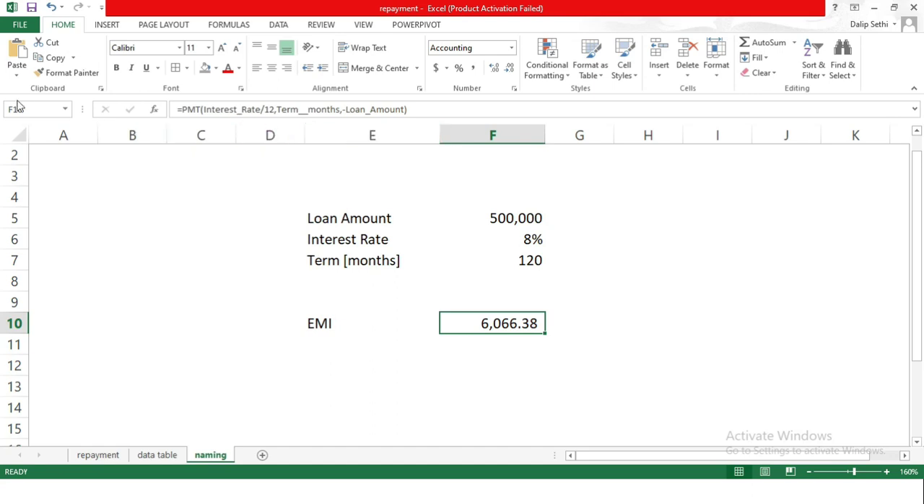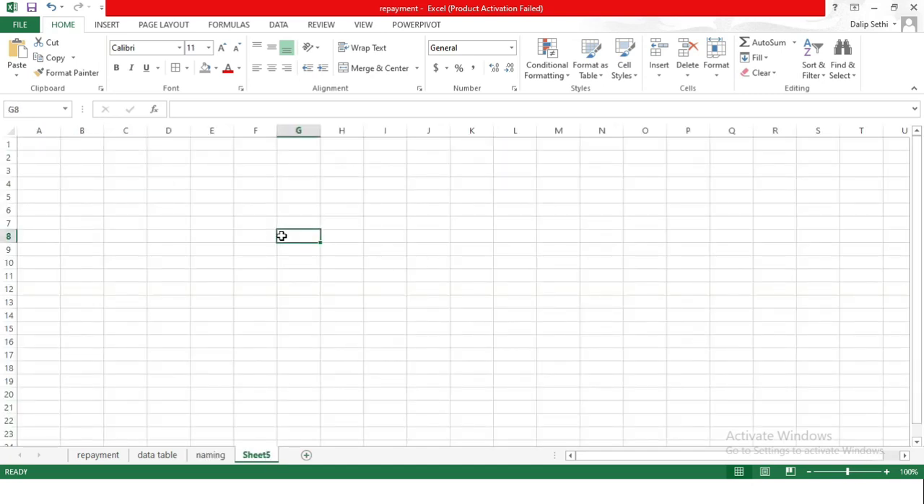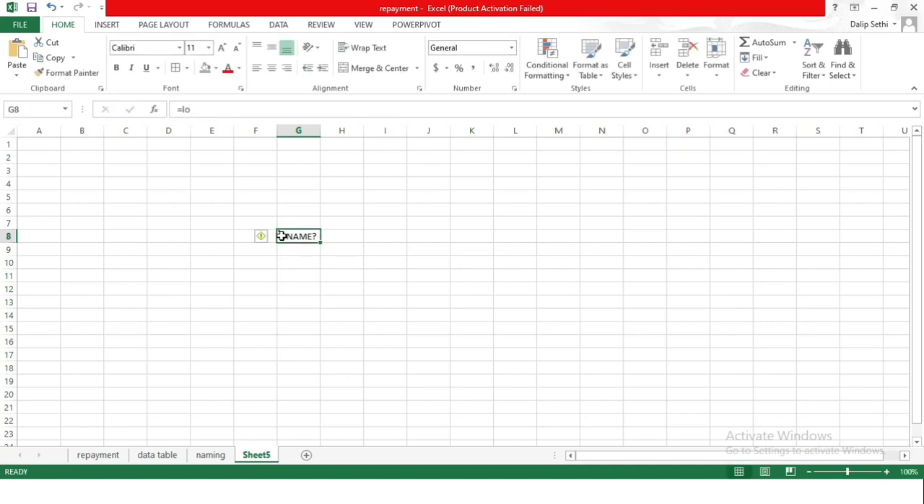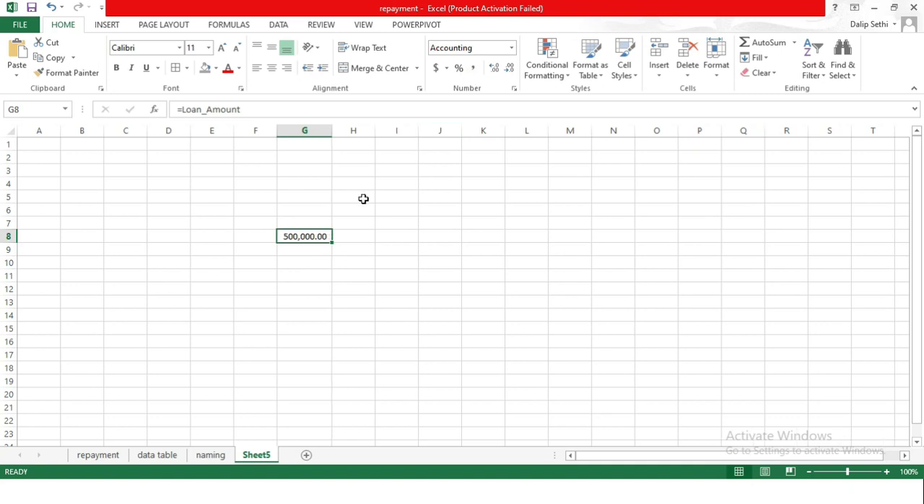a name. Now we can also define this EMI as a EMI underscore loan. Now take an example wherever we go. So if we go to same workbook in a different sheet, we do equal to loan, we can get the same thing. So the idea of name manager is you can call that information wherever you want within that workbook,